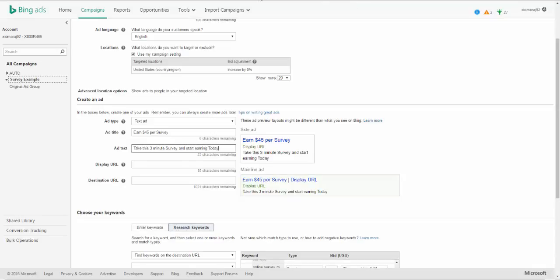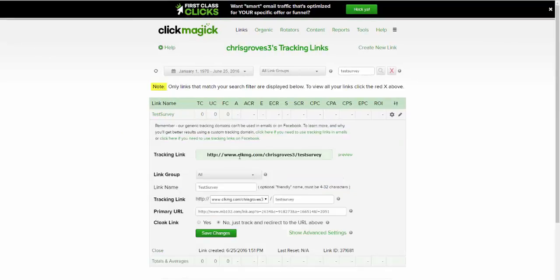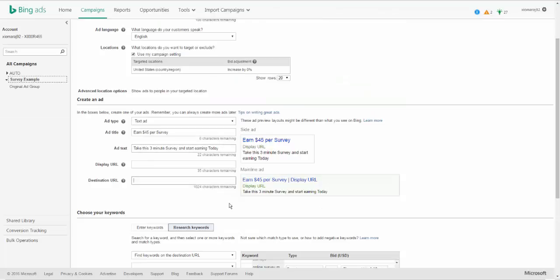All right, so same thing. Let's see, test survey. You'll want to grab your tracking link just as before, and then you want to add the / and click magic. It's going to be different if you're using another type of tracking. Well, the tag is actually going to be the same, but the way your URL looks might be different depending on if you're using CPV Lab or Volume. But Bing uses this default bracket, keyword bracket, / ad ID. And ad ID is just so you can track your ad. So if you're split testing multiple ad copies, ad ID is going to reference which ad is actually performing for you. And then, of course, display URL, we'll just do